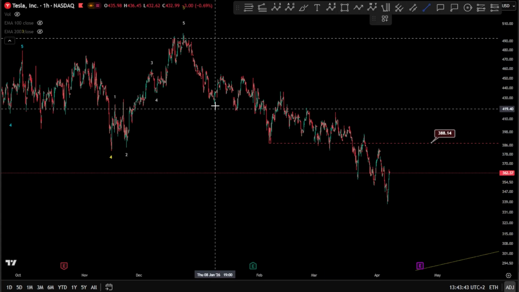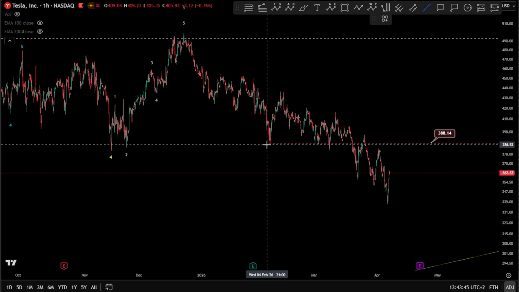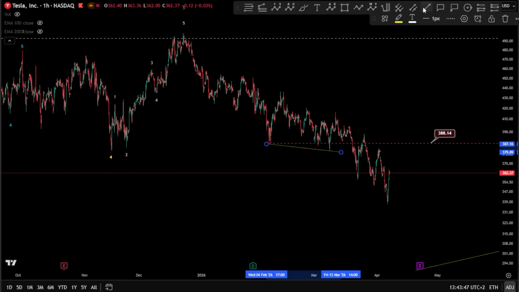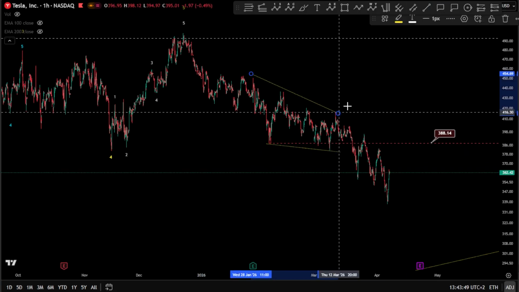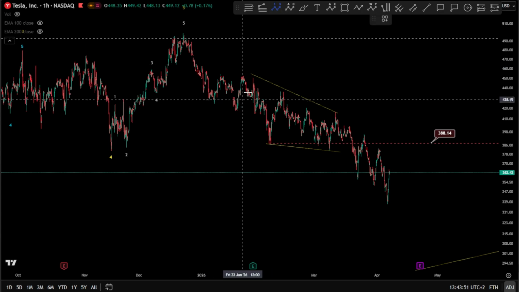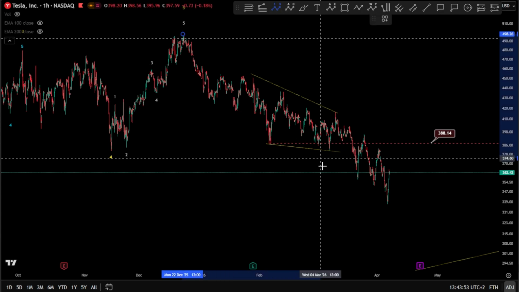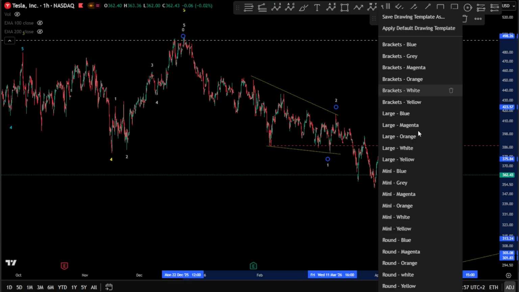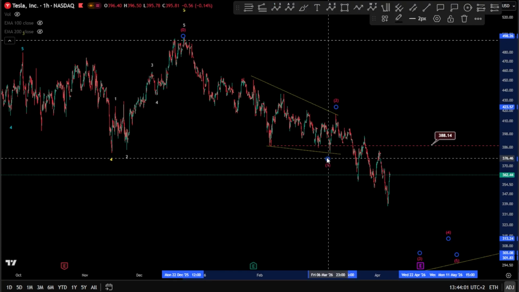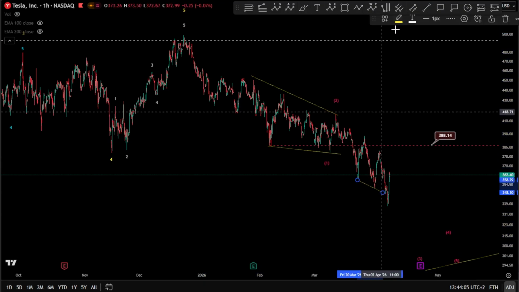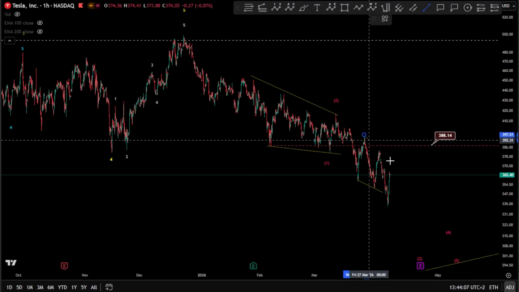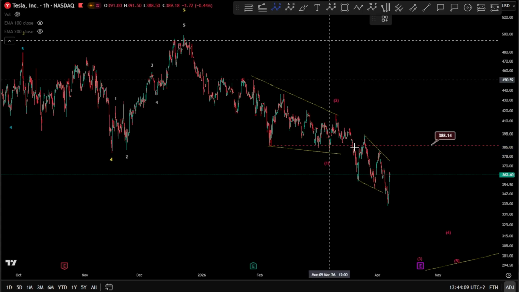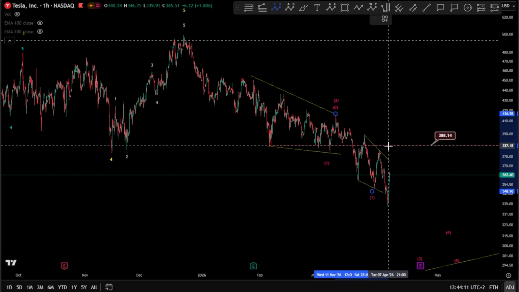Let's explain it clearly. So we have here kind of like a diagonal, somehow like that. This is your major wave 1 as a 1, 2, 3, 4, and a 5. So we are looking at a 1, 2, and then 3, 4, 5 toward the downside. So basically, this is going to be this magenta scenario. And we have a new leading diagonal again, which is looking for lower still as a potential 1, 2 here.